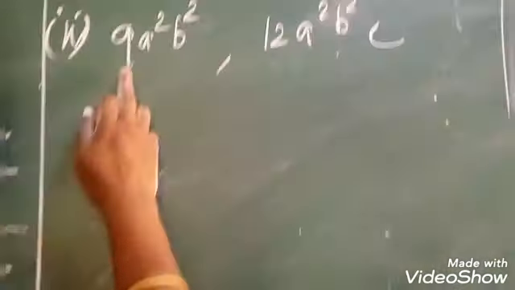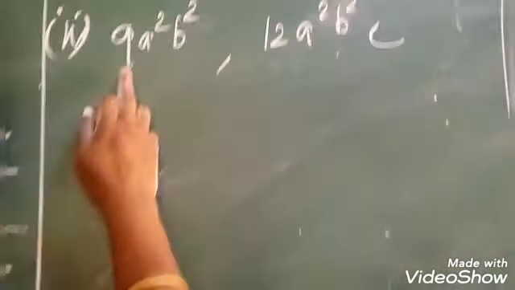Okay, let us see the second one. See, 9a squared b squared, then 12a squared b squared c. First see the number. What is the number? Yes, 9 and 12. You want to divide with the 3 table. 2, 3, 5, 7 are prime numbers. So 2 cannot divide 9. So I am taking the 3 table. So 3 3s are 9. Then 4 3s are 12. 3 and 4, one is prime, another one is composite. So let us stop the division.